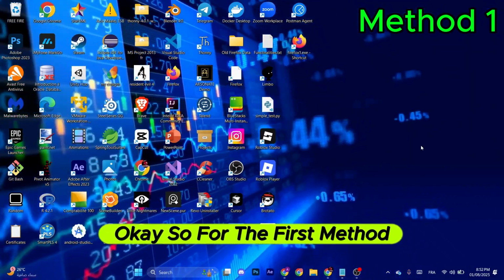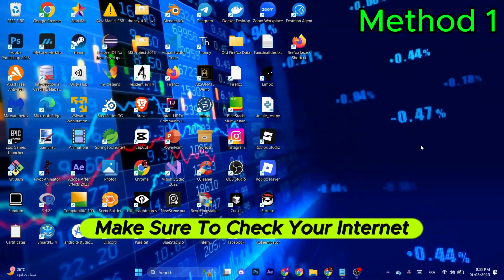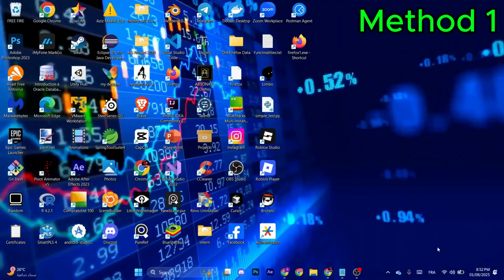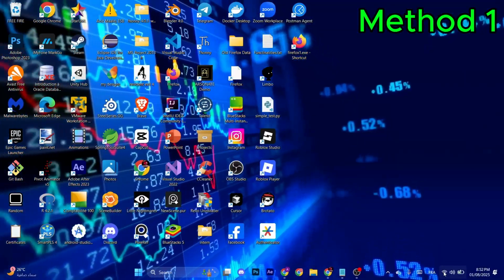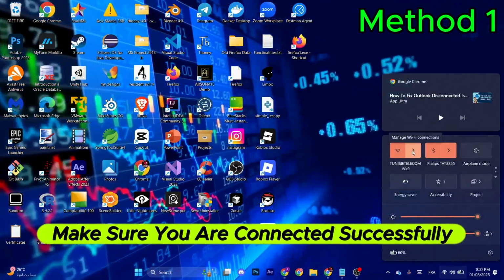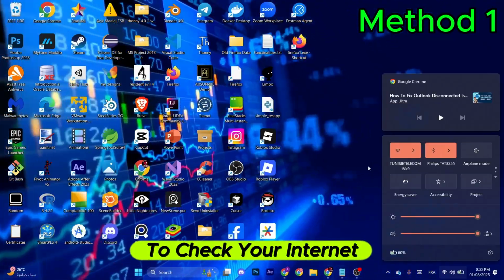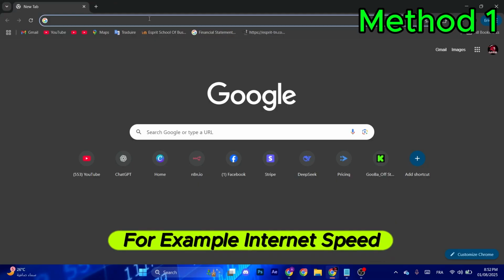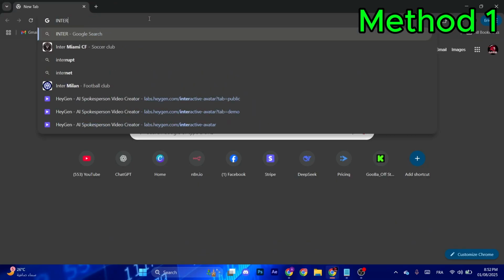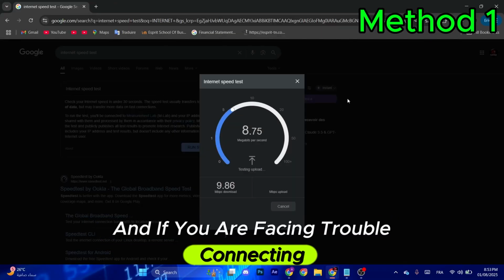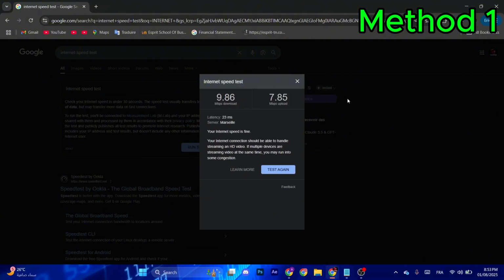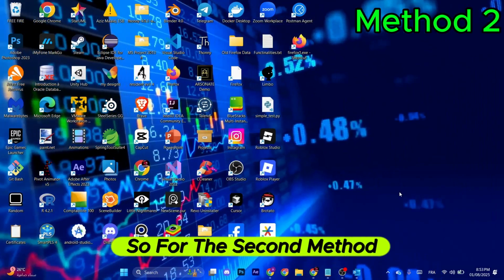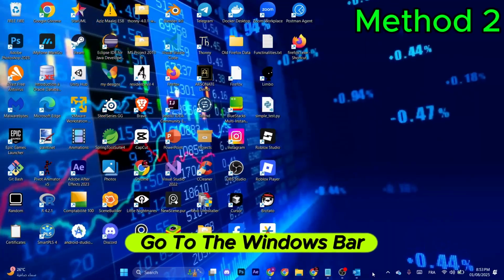Okay, so for the first method, make sure to check your internet connectivity. Go to your Windows bar, go to the Wi-Fi icon, and just click it. Make sure you are connected successfully to your internet provider. To check your internet, just go to your browser and search for any link you want, for example, internet speed. And if you are facing trouble connecting, you will obviously find out. If this is not the problem, okay, now